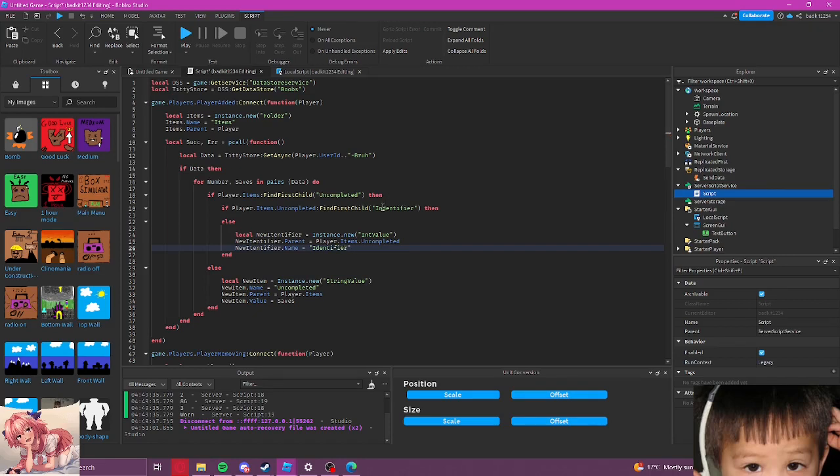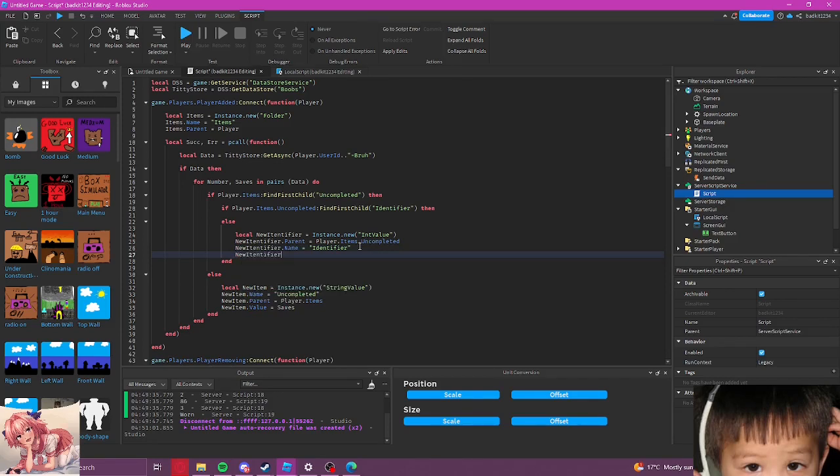I forgot that I accidentally spelled that wrong right there. And we're going to say that newIdentifier.Value equals saves. There we go.